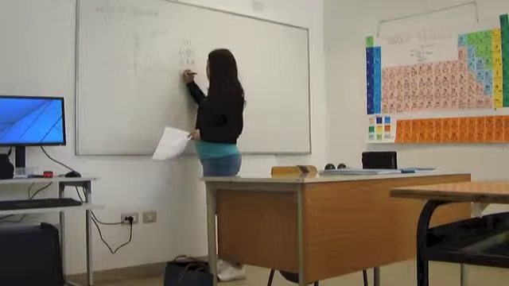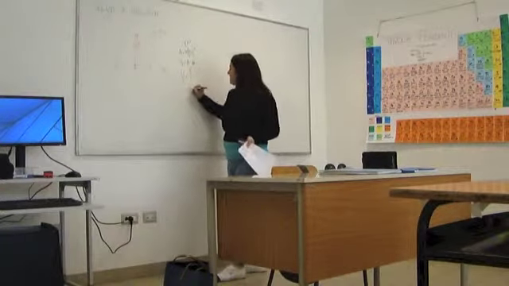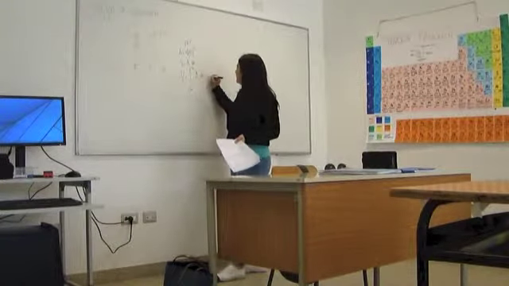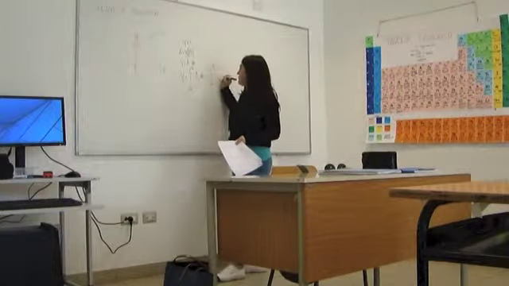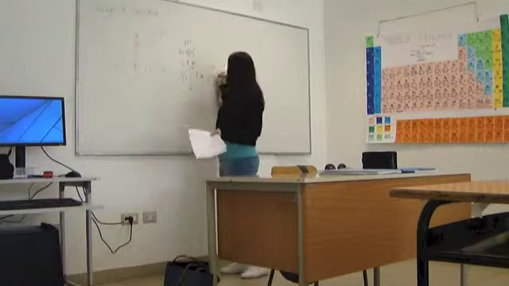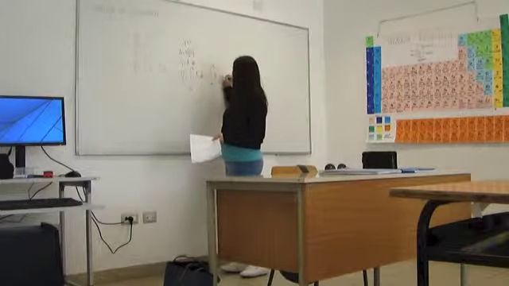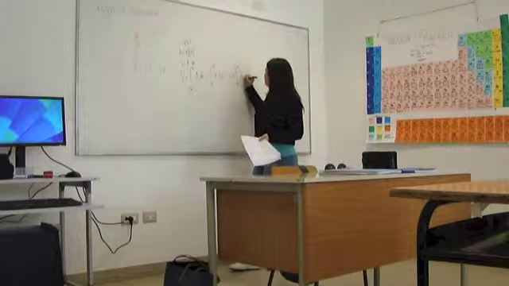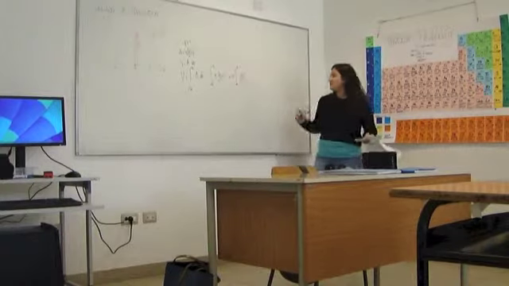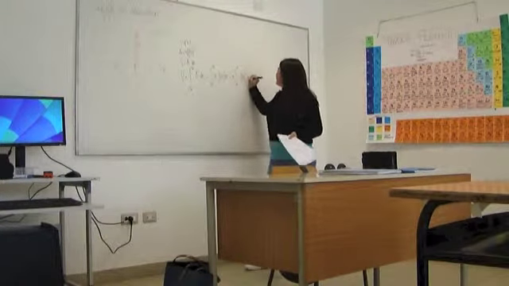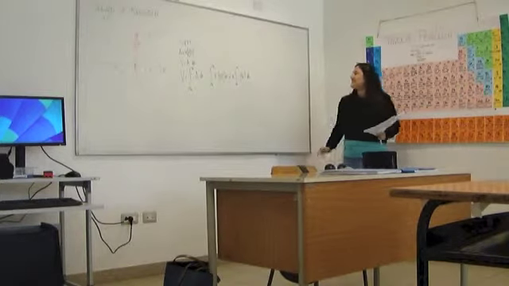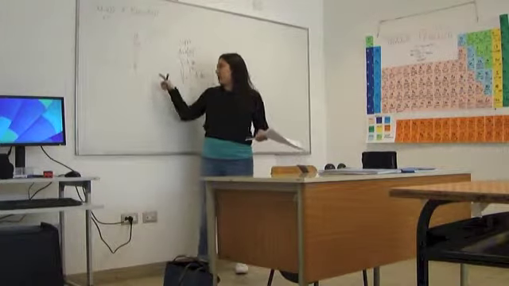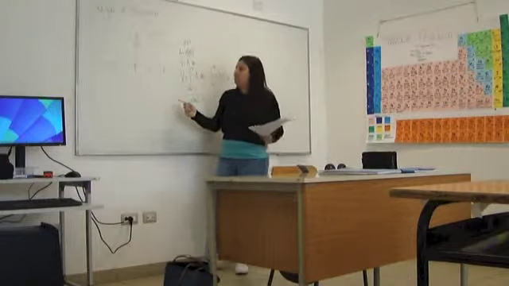So the volume will be the integral from a to b of the area times dx, which is the integral from a to b of pi f of x squared dx. So this is the first method, but we can calculate this exact volume with a different method, which is